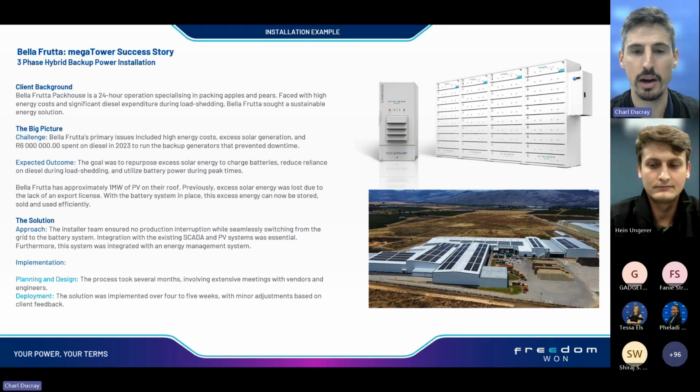But essentially, the background to this particular application is that we work with a customer called Bella Fruta, who are a pack house, or let's say specialize in packaging fruits such as apples and pears. And their main challenge was essentially the high overall energy costs and their reliance on diesel, whereby they got to a point where essentially they were spending up to 6 million rands on diesel per year in 2023. So at this point, it was really hurting